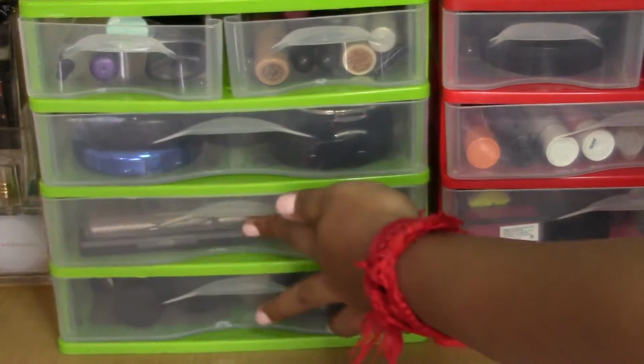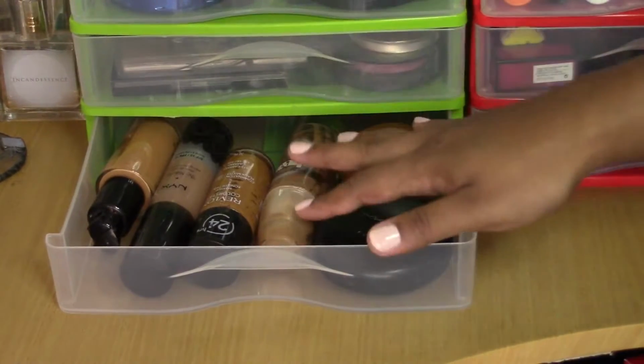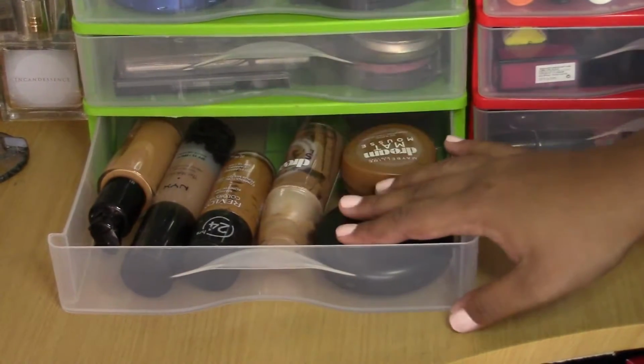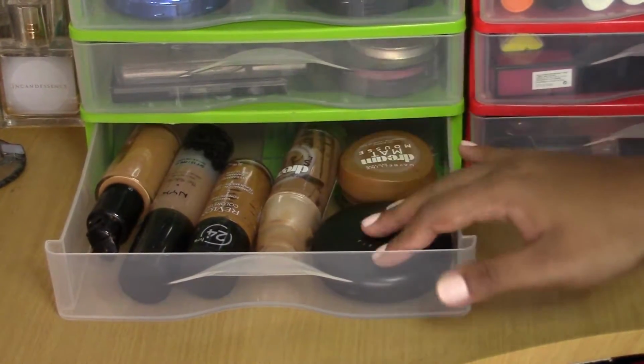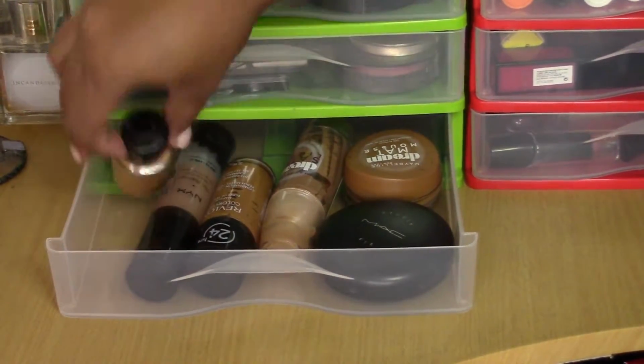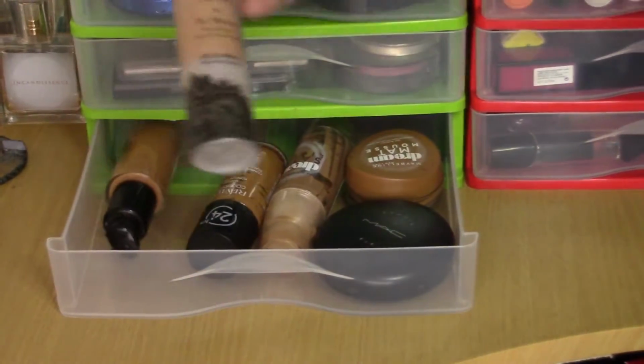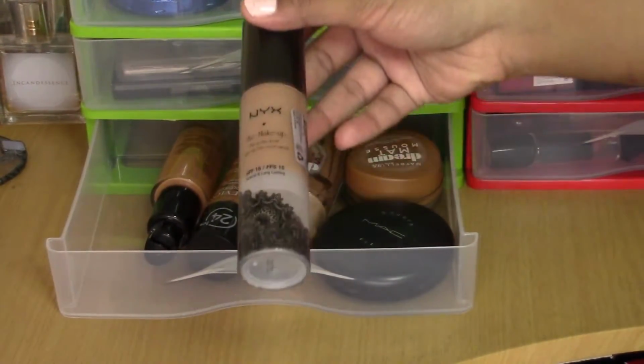And that is that drawer. And then moving on to the last foundation drawer. Now these are foundations that I either need to use up or foundations that I typically like to reach for on a day-to-day basis. I have my MAC Studio Fix in NC45, my NYX The Makeup Foundation,